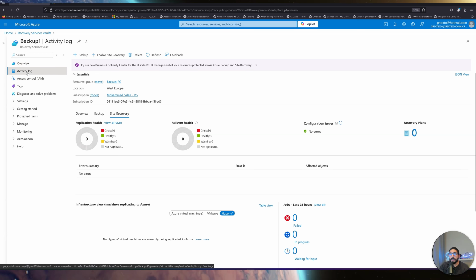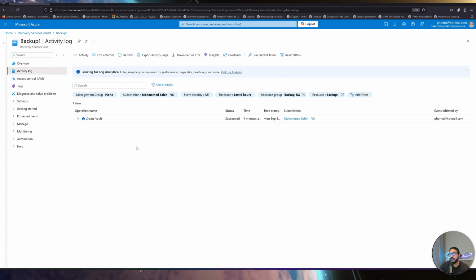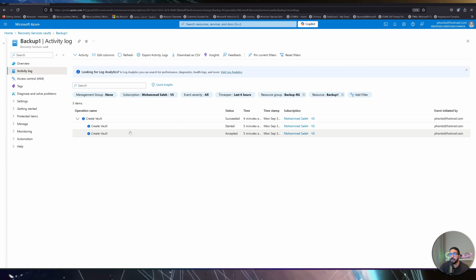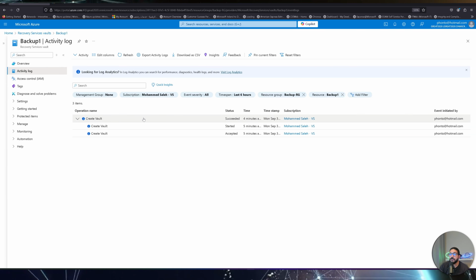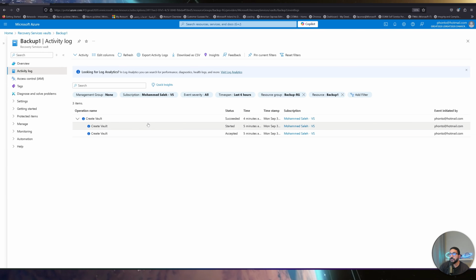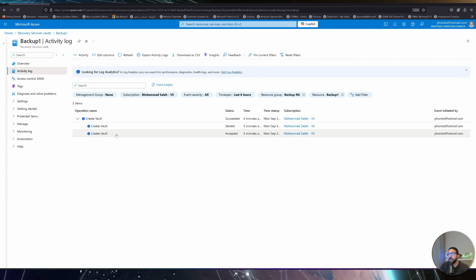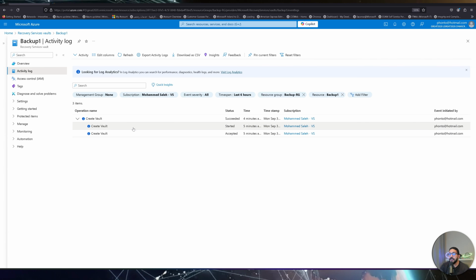This is where you look at the activity of the resource. Normally, right now we have created the vault, so you will see a create operation. If there's any modification, you can actually track it in the activity log. This is out of the box, and this is free of charge. There are no logs that need to be enabled, but this is actually showing you what is happening from the control plane perspective. So if you are modifying the vault, if you're doing anything, you can actually go ahead and see